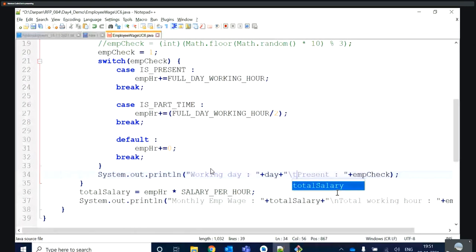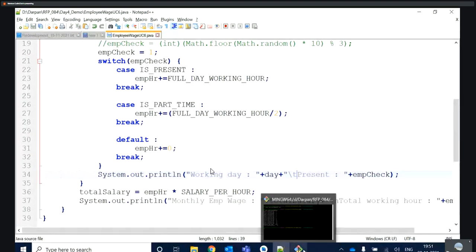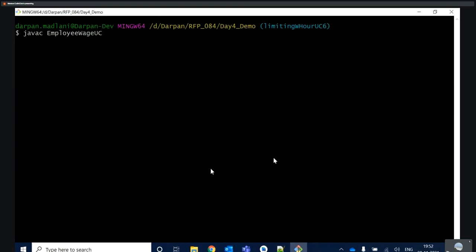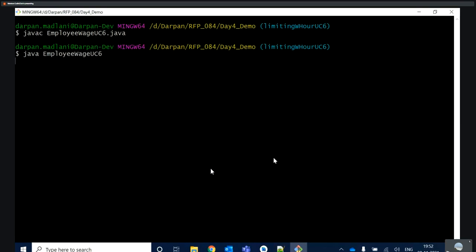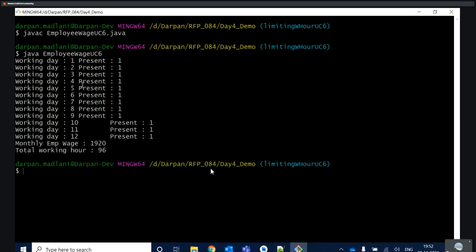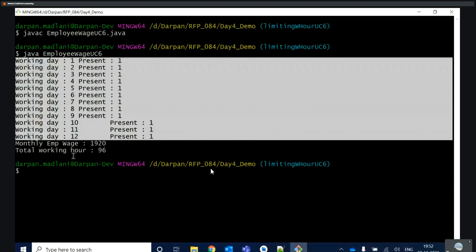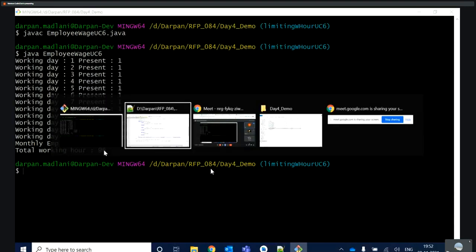In place of hyphen n, I will write hyphen t. It will give you the tab space. We clear the screen, javac employee wage using 6.java, and java using 6. Here every day is present, so this is coming and 96 working hour is there.